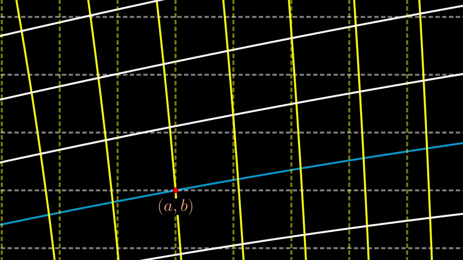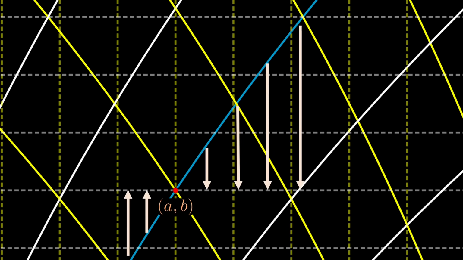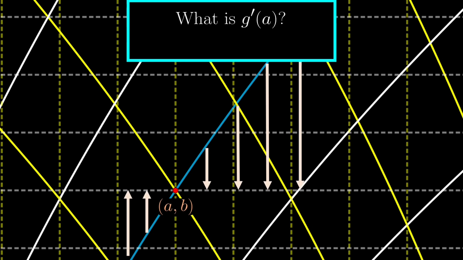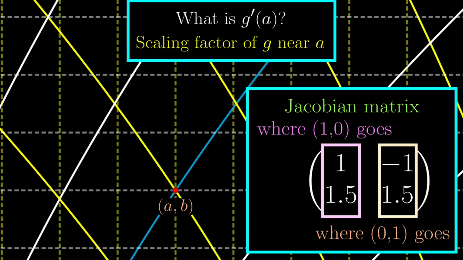Visually, what g does is to take the x-coordinate of the points on this horizontal line, apply the original function f to the horizontal line, then take the x-coordinate again. Or equivalently, you can think of projecting back onto the horizontal line. Now what is g prime of a? We have said before that it should be the scaling factor of g near a. Equivalently, we want to see where this point 1 unit to the right of a goes. For example, if it ends up here after projecting back to this horizontal line, in this case, g prime of a will be 3. But how does it relate to the Jacobian?